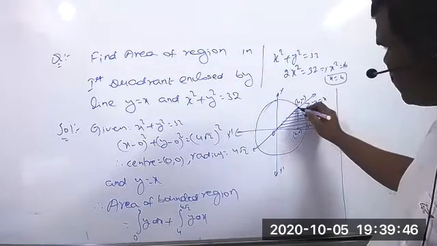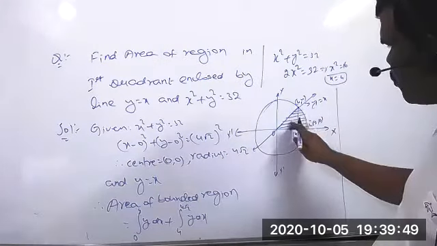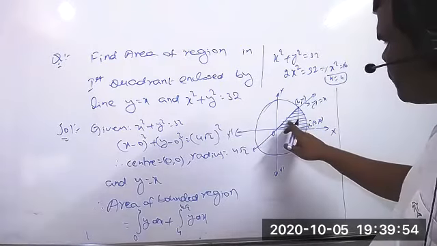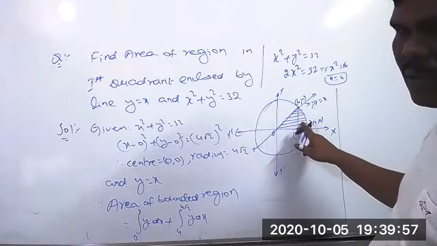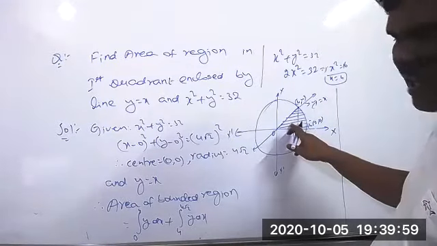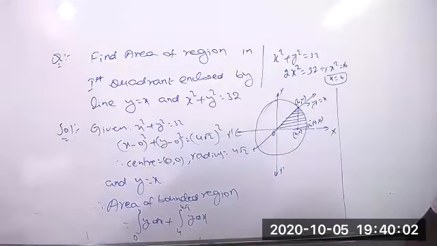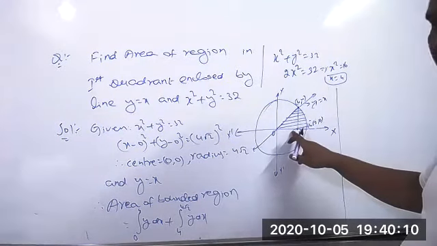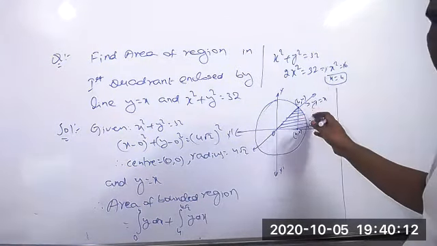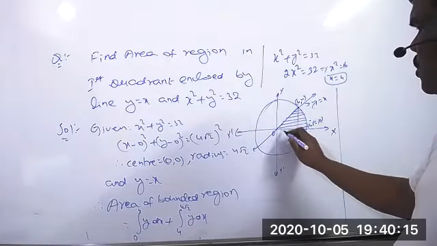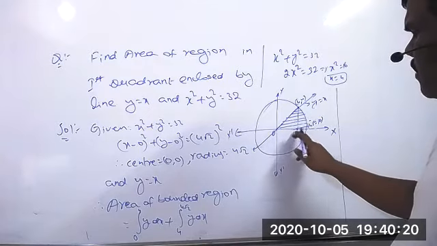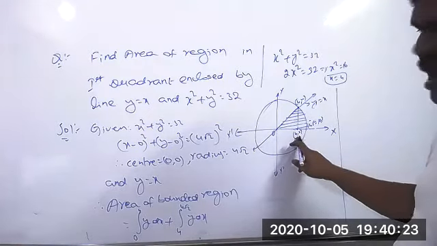Understood now? Yes, sir. That means this entire region is divided into two parts, not equal but two parts. So you can find the area of the first part plus the area of the second part. To find the area of the first part, limits are required. As we already told very clearly, we will take based on the x-axis, integration 0 to a, y into dx. Here also the same thing, integration 0 to 4, because when I take the first region from here to here, the limits will be 0 to 4, based on the line.